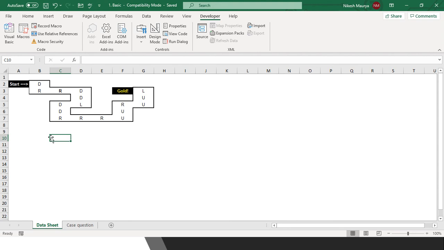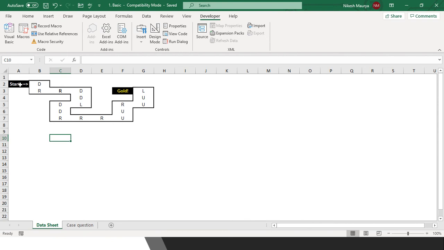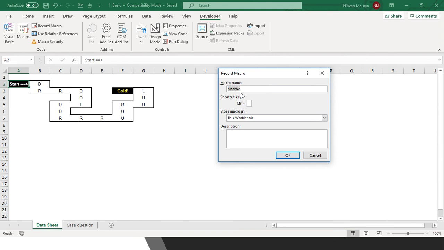First things first, I will go for Record Macro. We are at the start position by default, and we click Record Macro. Here we are going to move right. We will use Control Shift D, which is for moving right.